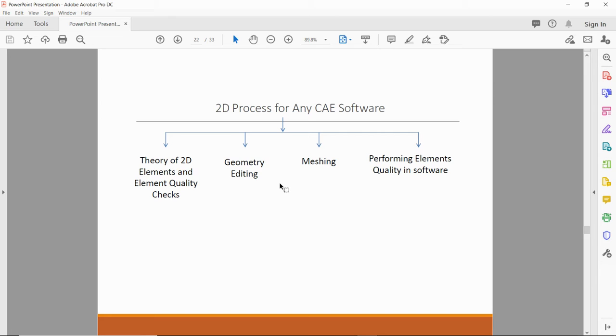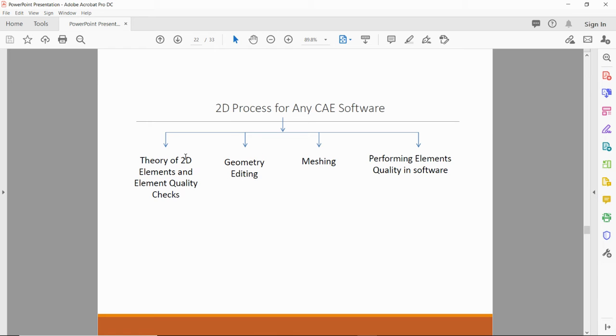So the next is the 2D process for any CAE software. For solving any 2D element problem, these are the steps. First is the theory of 2D elements and the element quality check, then geometry editing, then meshing, and after meshing, performing the element quality check in the software.